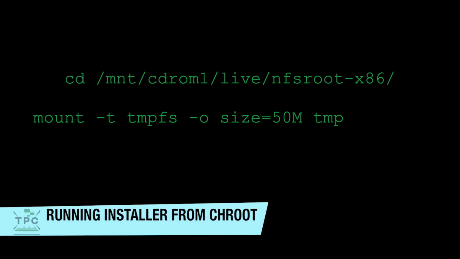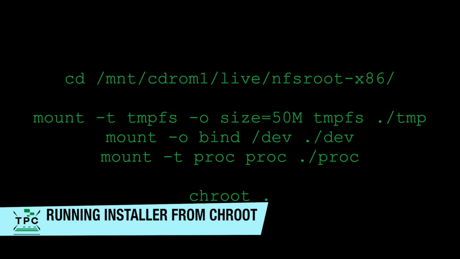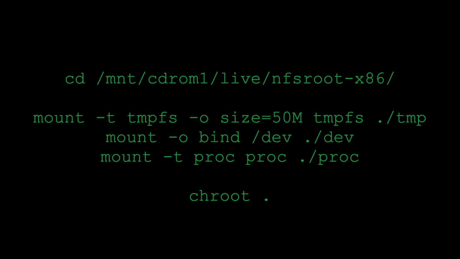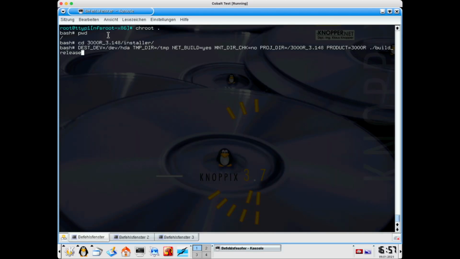So basically, here's the commands to enter the change root. It's as important to create a tmpfs for /tmp as we're running off a read-only ISO file here. Also, dev and proc must be mounted before the final change root call. To kick it off, then change to the 3000R_3.148/installer directory. During my investigations, I was reverse engineering the various startup scripts and found out that you don't need